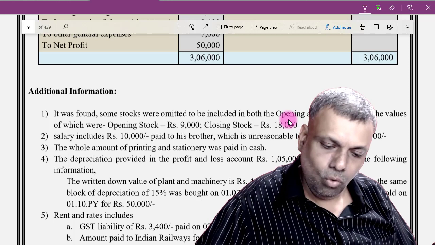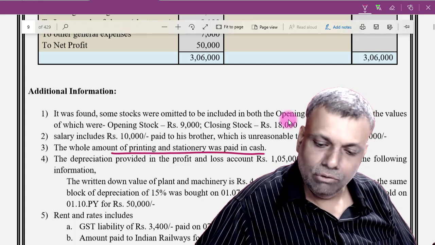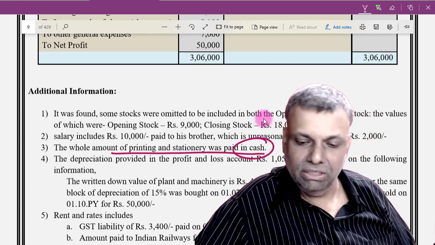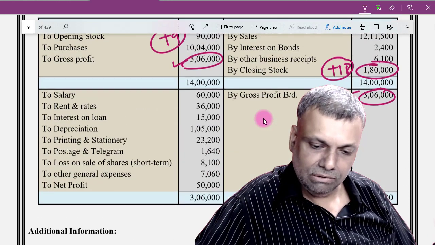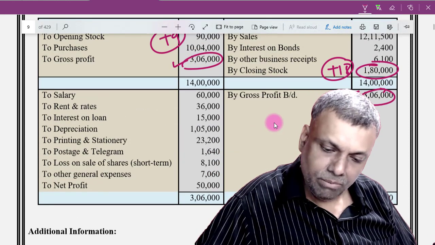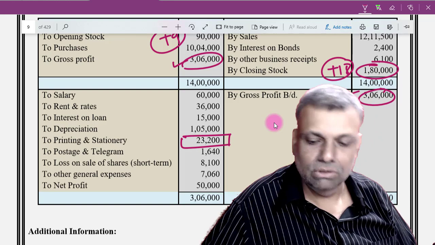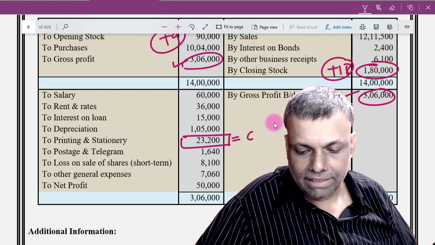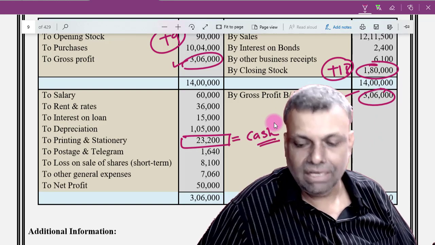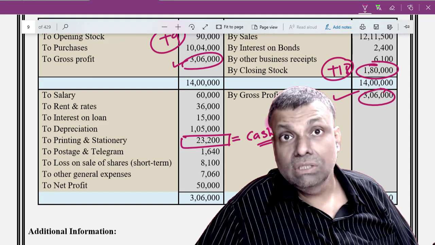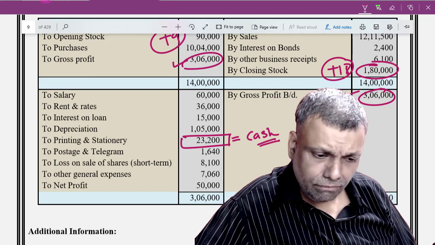Now, the whole of the printing and stationery was paid in cash. The cash expenditure, very beautiful thing. Now see, the whole of printing and stationery. Printing and stationery is how much? 23,200. The whole of the expenditure is paid in cash. Now the law says under section 40A(3)